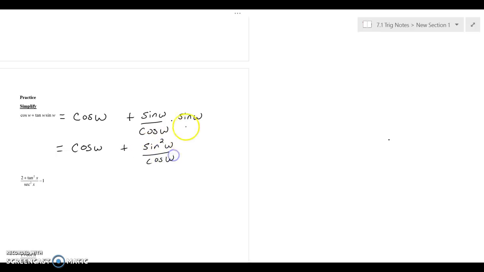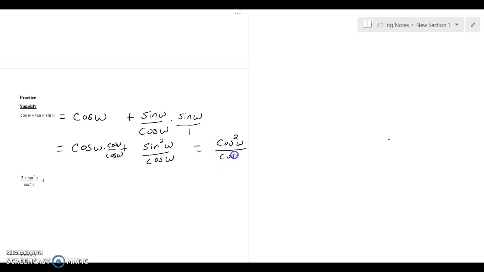Now you may be thinking, why could he do that? Well, sine w can be written as sine w over 1. So we're just multiplying the numerators and denominators of the fractions. Now when we look at this, the next step is to make a common denominator. So we're going to come over here and multiply this by cosine w over cosine w. We'll go to the right. So then cosine w times cosine w would be cosine squared w